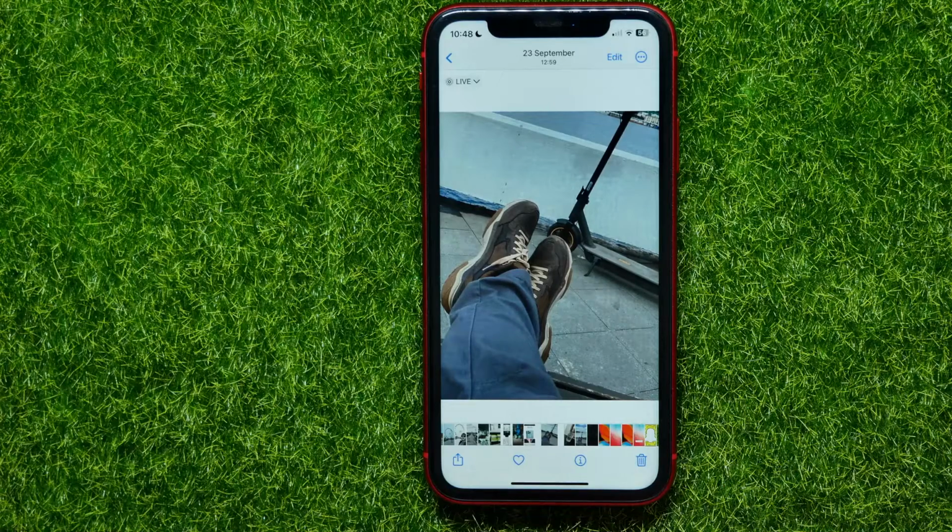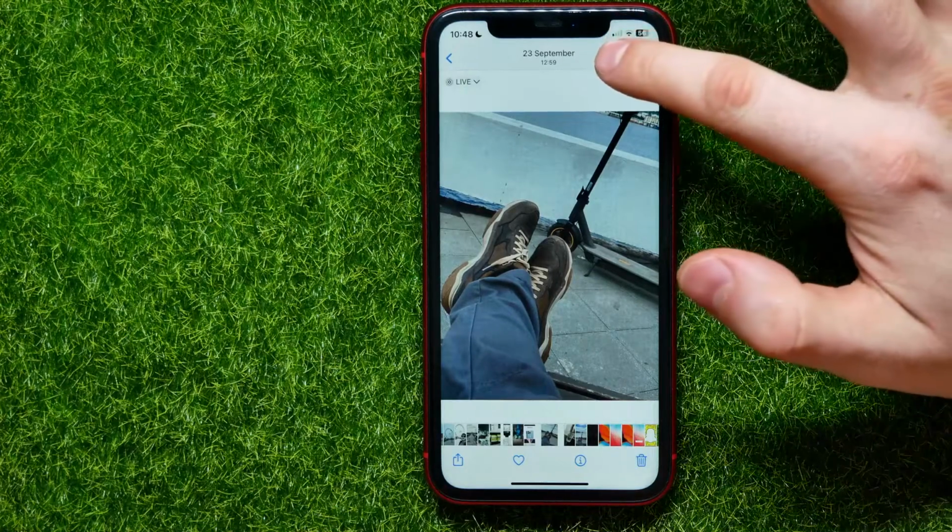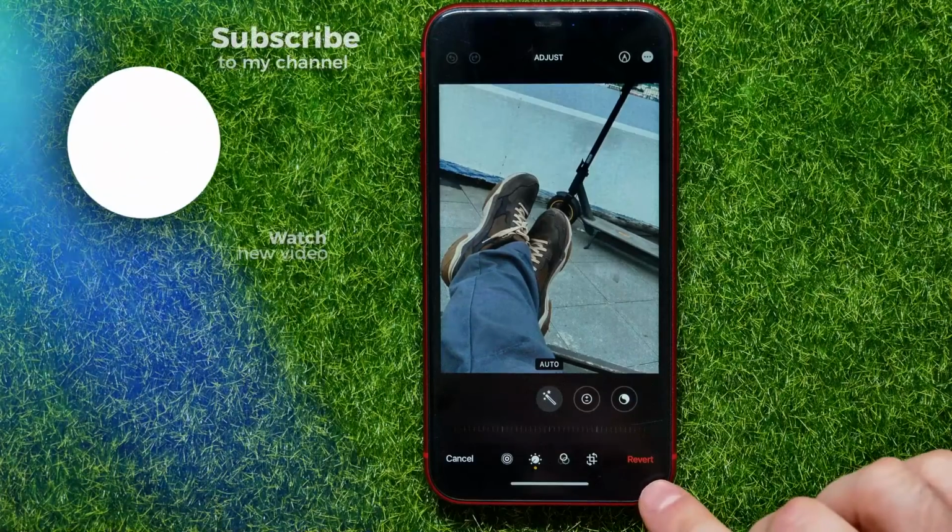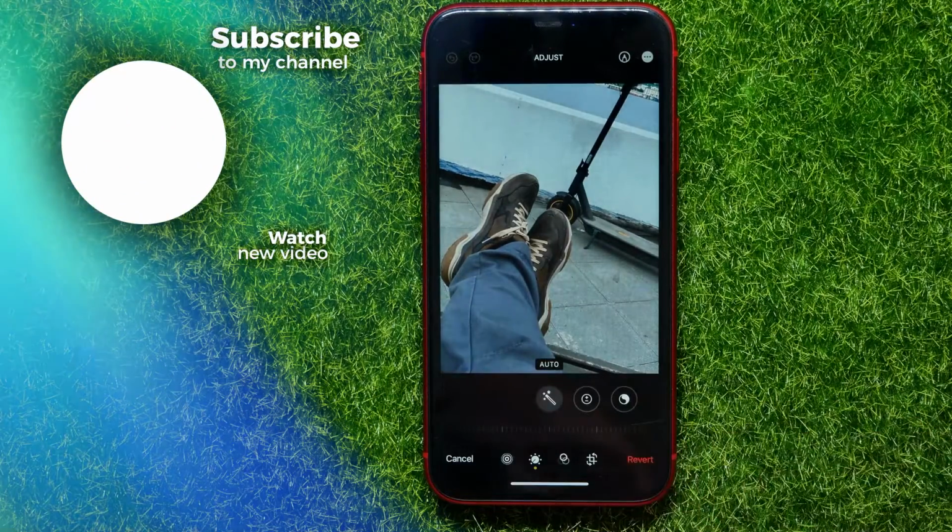If you want to discard those changes, all you have to do is hit Edit there and then tap on Revert and then revert to